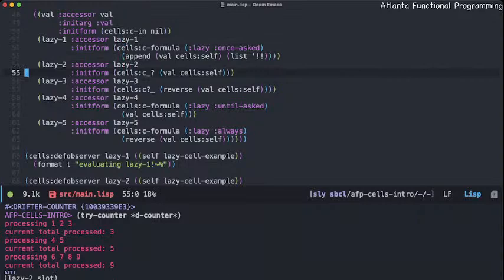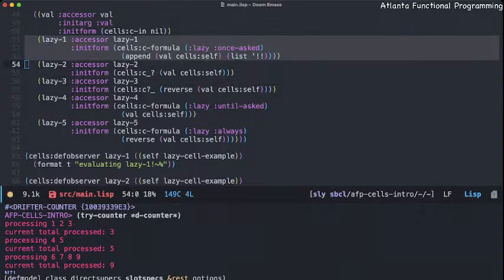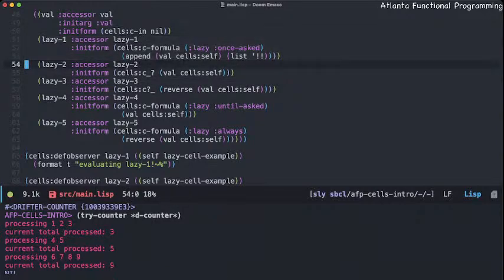In our second case, this is until asked, and then our third case is always, as it's going to be determined here. And we showed you the 2 different ways of creating lazy cells. The first is these macros, and we also showed you the C formula that's available, that will give you the initial